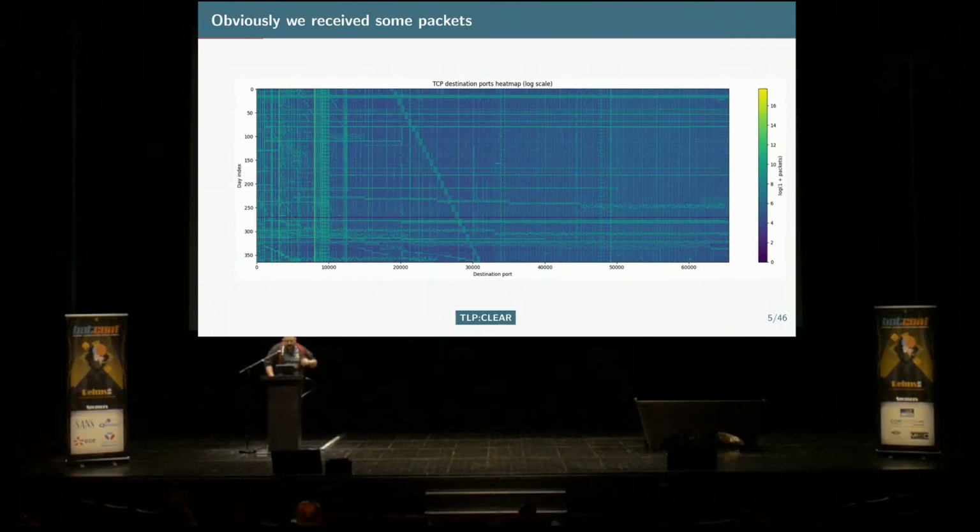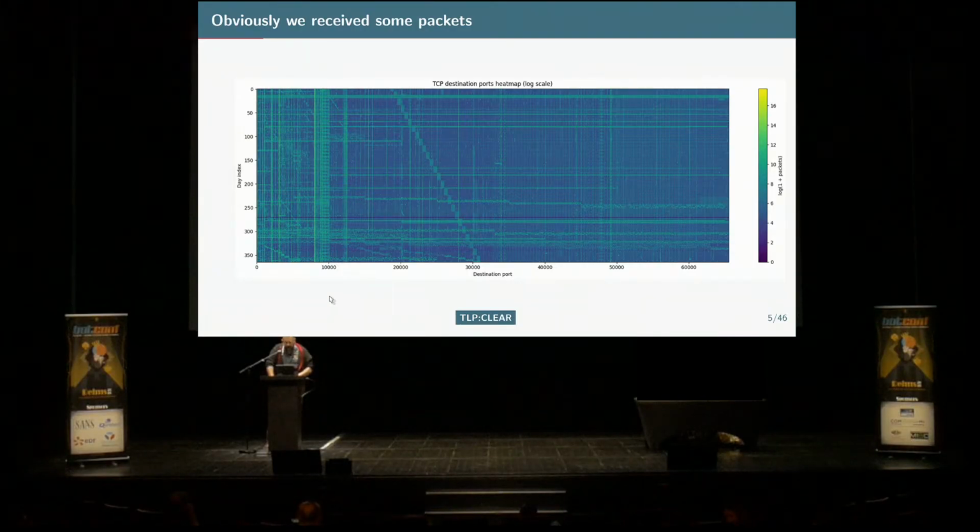So here's the graph. I need to explain this graph a little bit because you will see a lot of such graphs today. That's our network telescope from last year. On this axis, you have 0 to 365, of course, the days from 1st January to the end of the year. And there, it's the ports. This graph is only the TCP ports, from 0 to 65K, which is the end of the addressable TCP port space. I didn't mention it, but this range is only on IPv4.